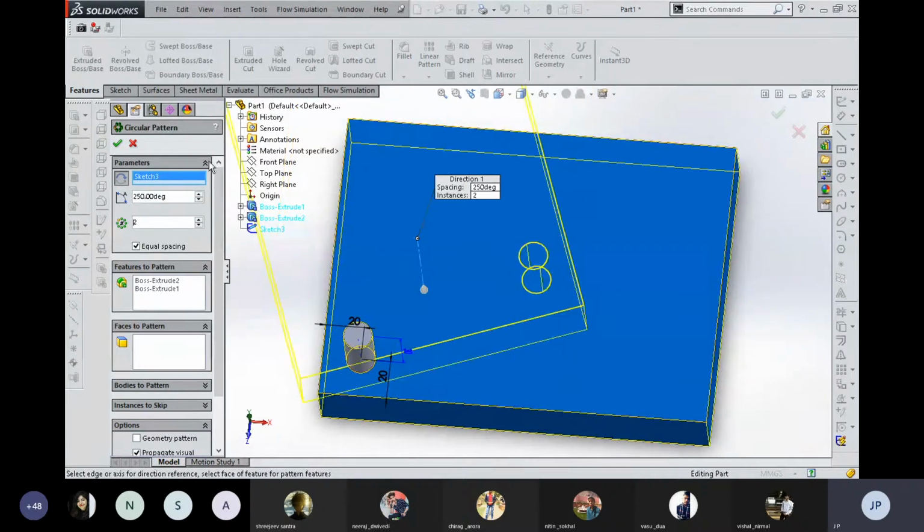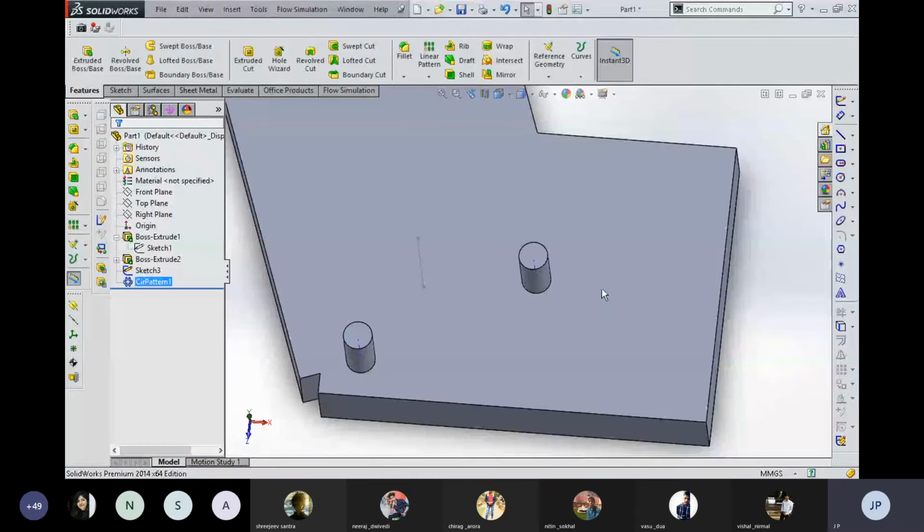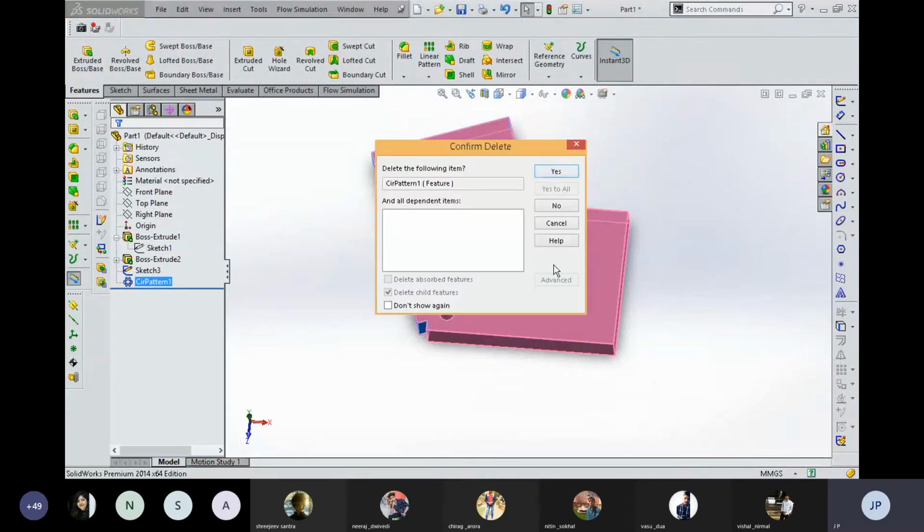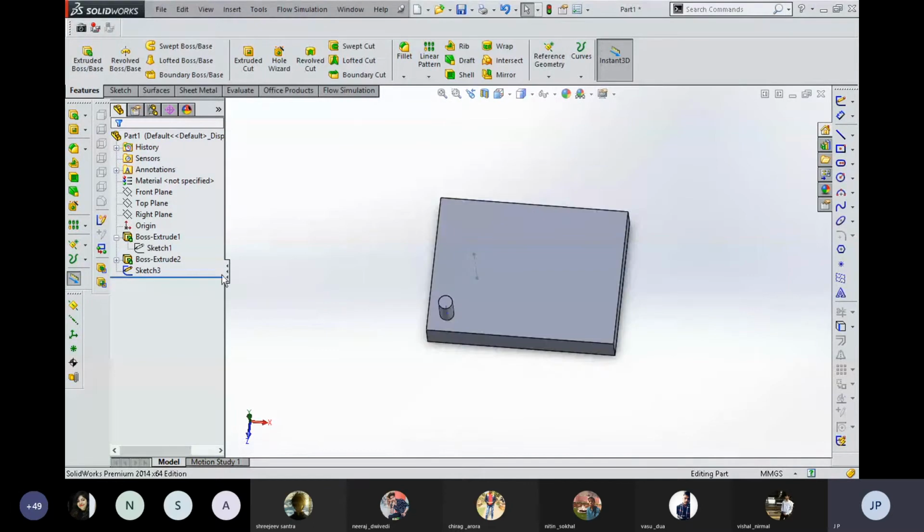So actually right now the whole sketch is selected. We have to create a central axis at a different, that's why then it is going to be created. Okay, right now you can see that the whole sketch is going to be populated. That is not required. Other thing is that if you want to create this thing, you can use the coordinate system also. So right now I'm going to delete this. So this is the circular pattern that is to be used for our need.